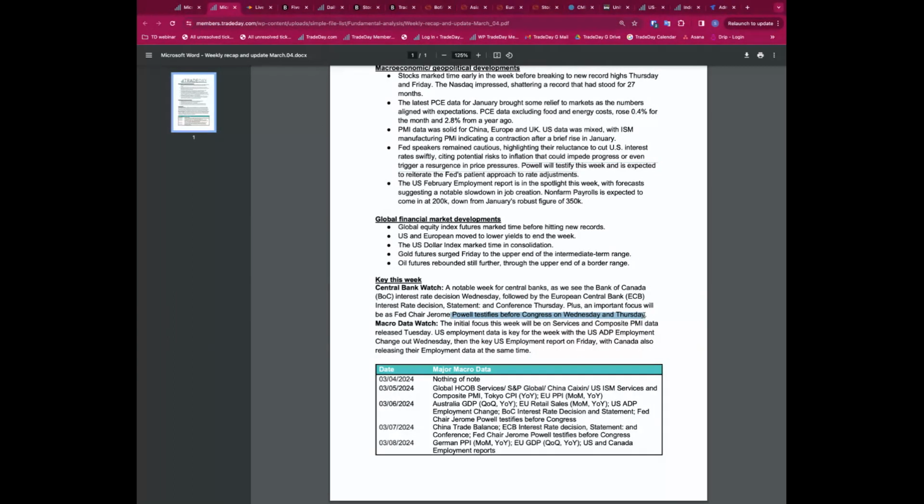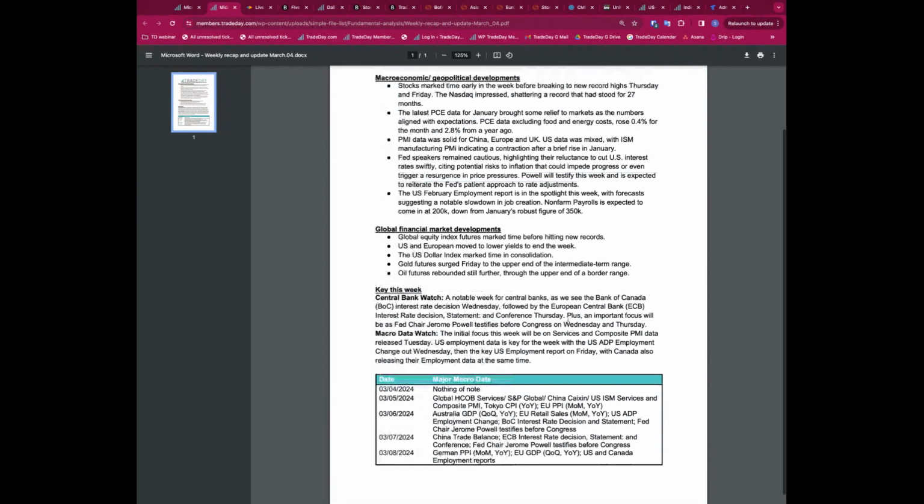Now, the speech that he gives is the same, okay, and usually that comes out a few hours before he actually makes the speech. So that is released beforehand, and then we have the Q&A, and often the detail is in the Q&A when he gets asked questions from the members of the Senate and the House of Representatives. So they are on Wednesday and Thursday this week. That's going to be important.